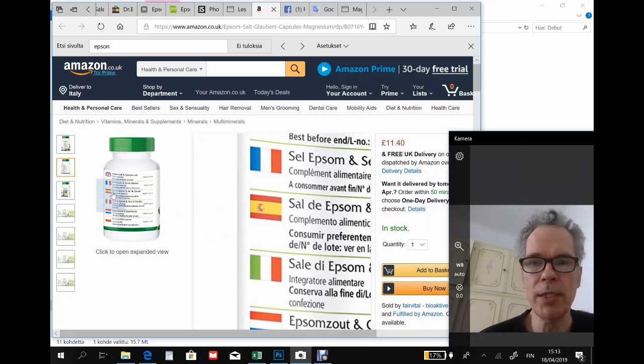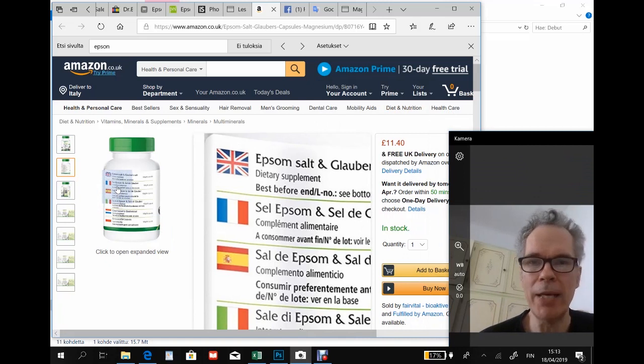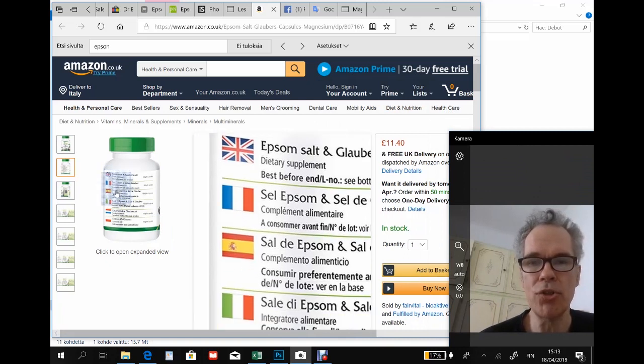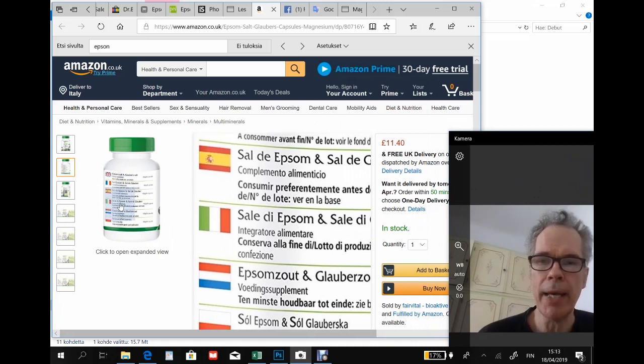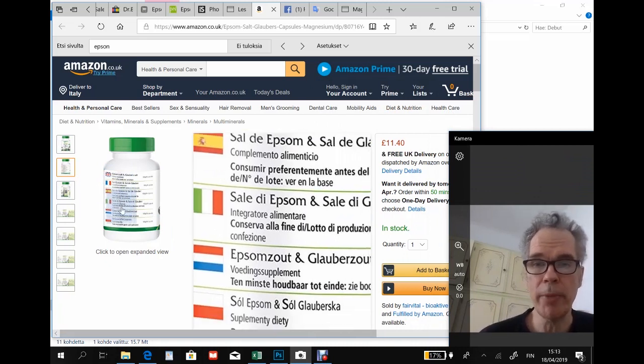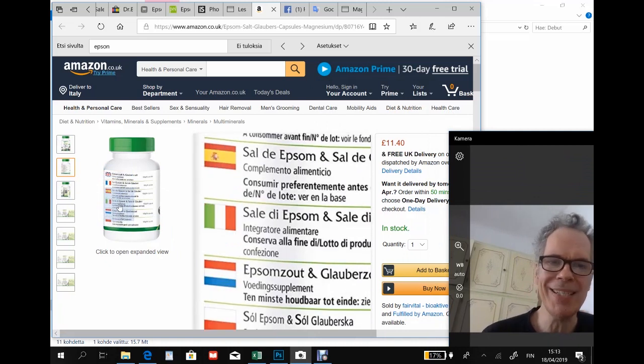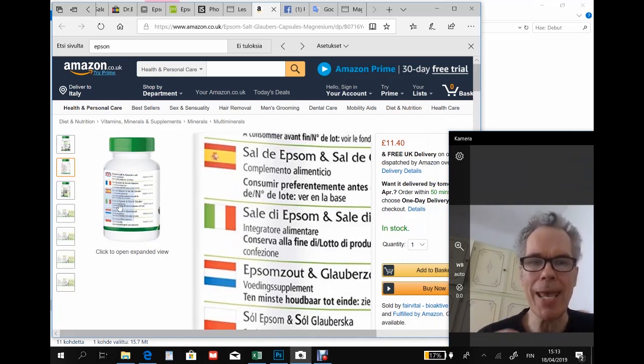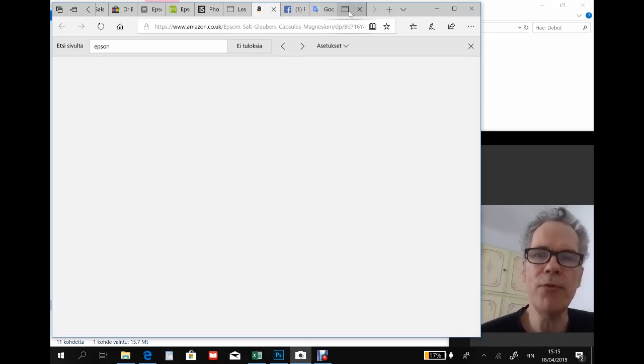And I can zoom into this and show that in various languages here, in English, French, Spanish, Italian and other languages, and also in German, which is not included here, it is now spelled with an M. And I am particularly sure that it used to be Epson with an N, because I associated it originally with the Epson printers. Being a graphic artist and working lots with graphics and printing,